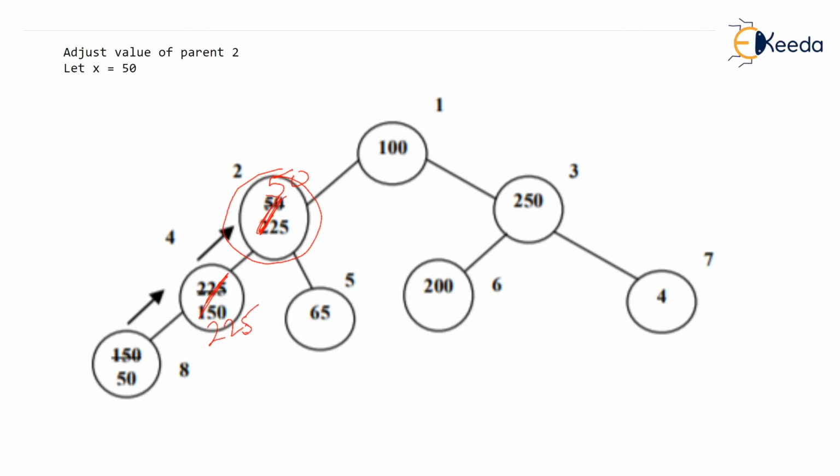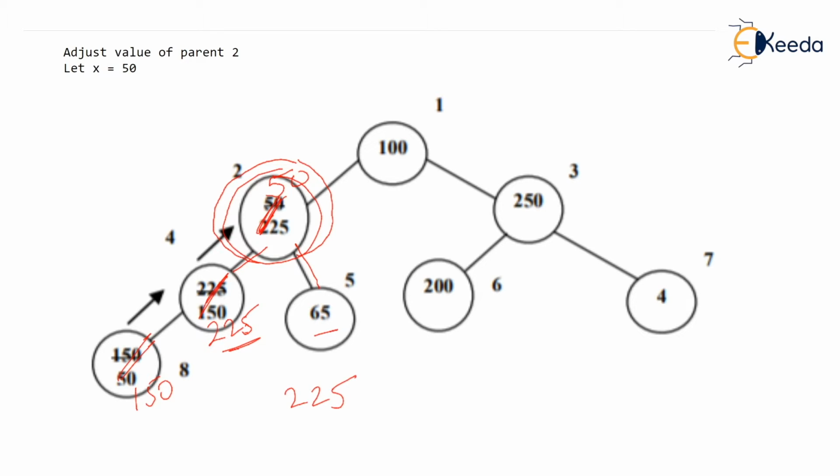Fourth node. And eighth node is currently 150. Now let's talk about this second node. We want this second node to store a value greater than the fourth node and fifth node, because these are the children. So we will check who is the largest child between 4 and 5.